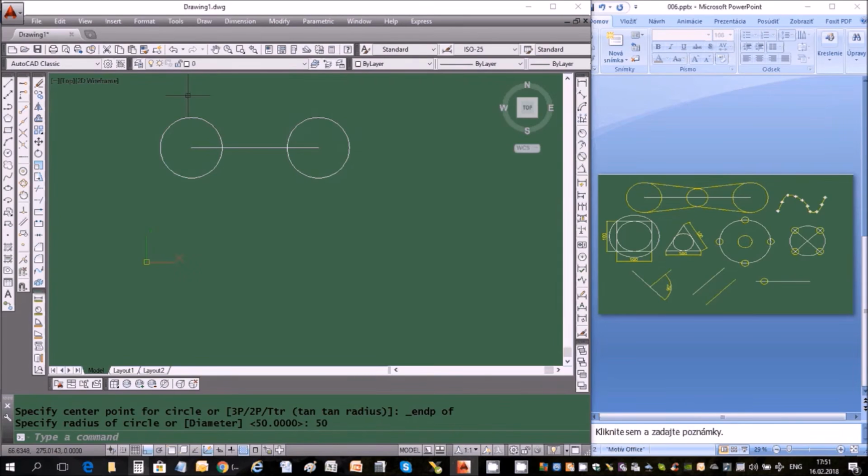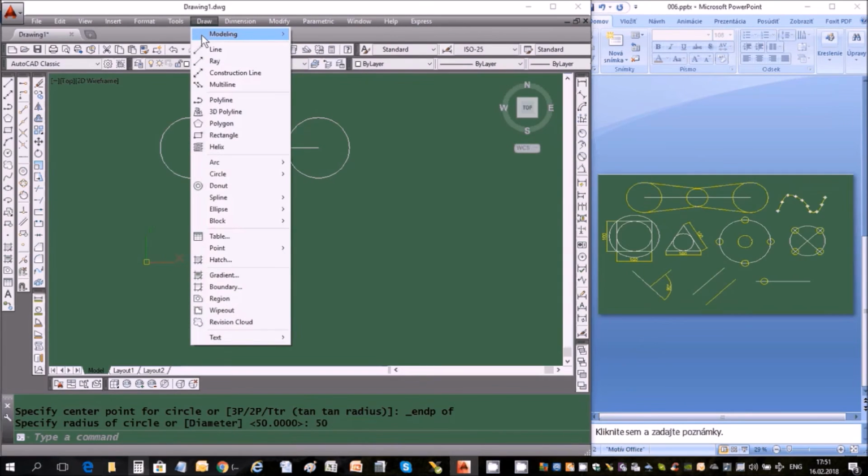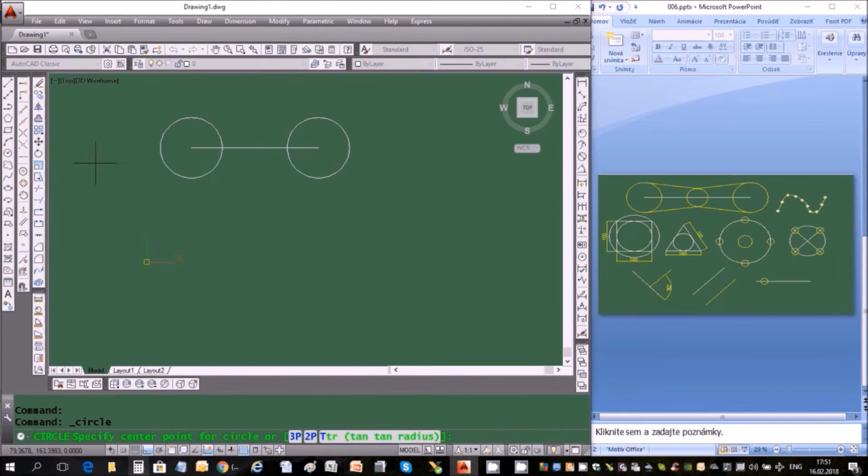From menu Draw, choose command circle, and then select option center radius, select tool midpoint, left click, and then show on the line, select tool midpoint,